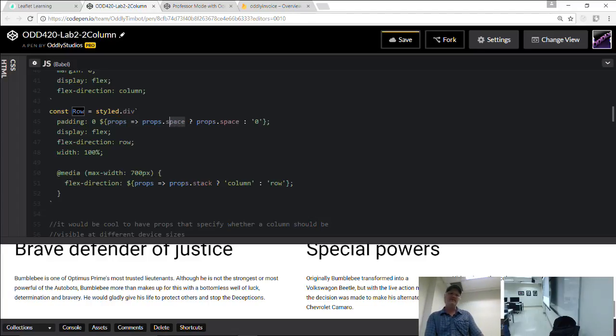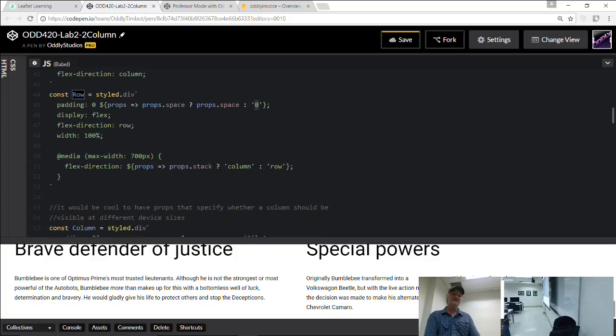So right here, I'm saying, look at the props. Do you have a prop called space? If you do, whatever value it was, in this case 2em, should get applied to the padding. It will literally take this whole little chunk here and replace it with my 2em. See how that works? It's an expression. It's a JavaScript expression, so it will evaluate to 2em. But if I didn't give it any space property, I can give it a default to say, just set the padding to 0.